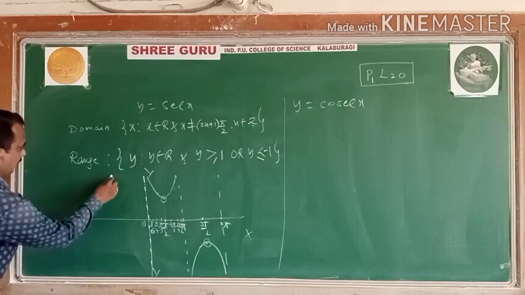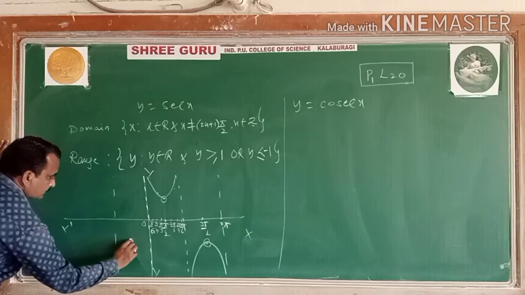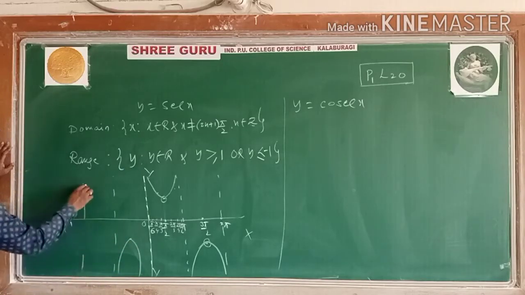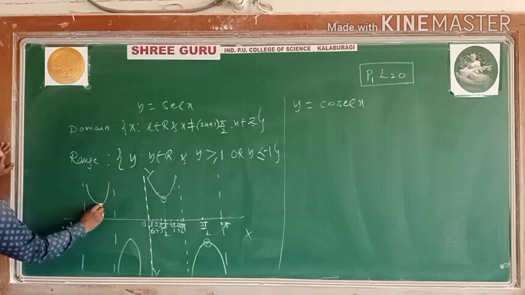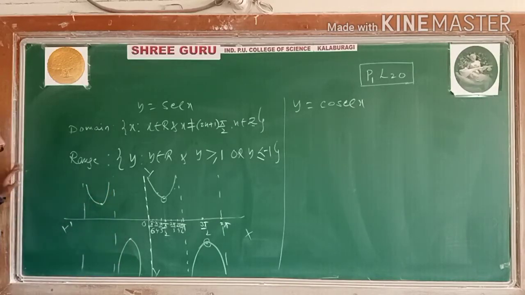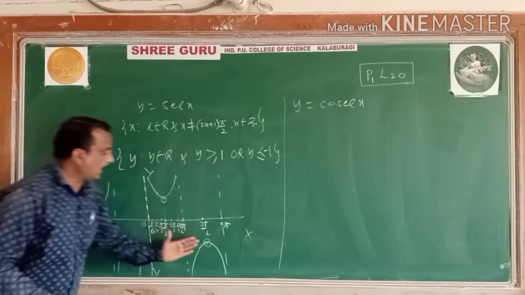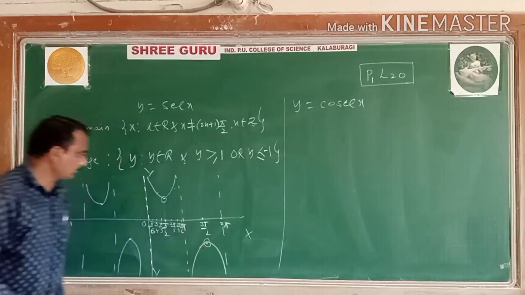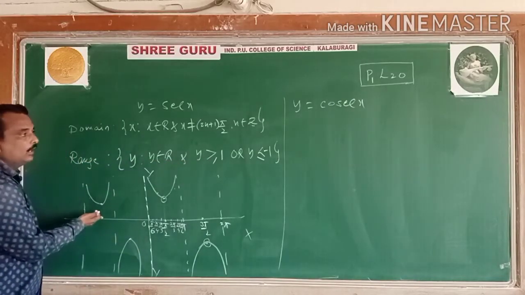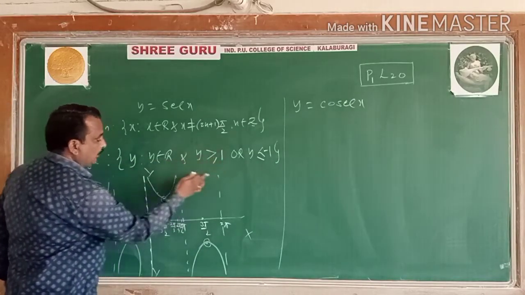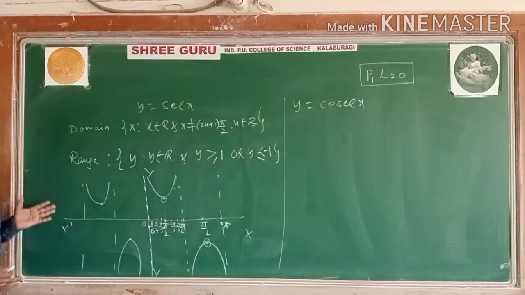So this is the infinity line here. Here up, here below, and here up and here below. But it is more than 1, not less than 1: above 1, and below minus 1. So y is greater than or equal to 1, and y is less than or equal to minus 1. I think you get it like that here.